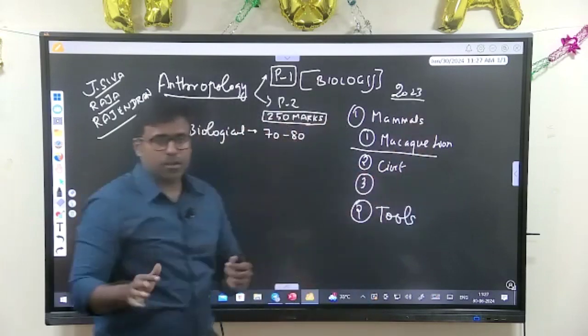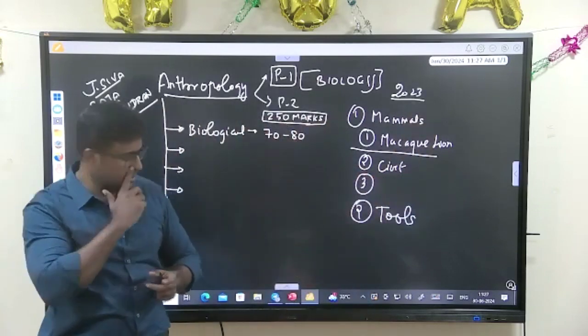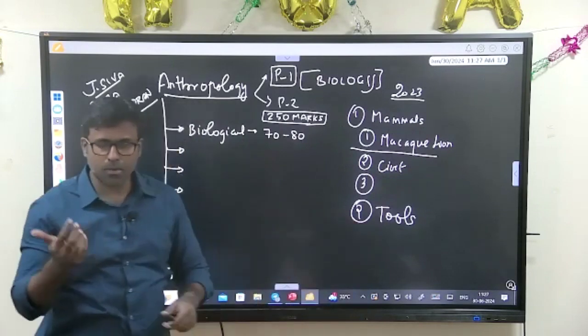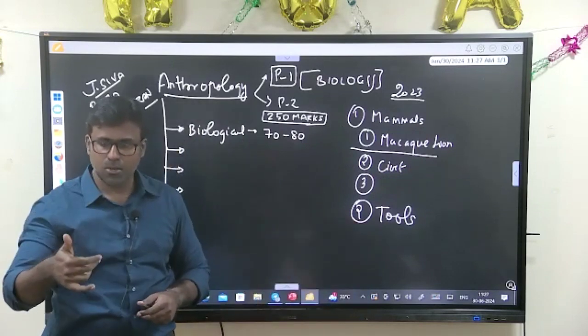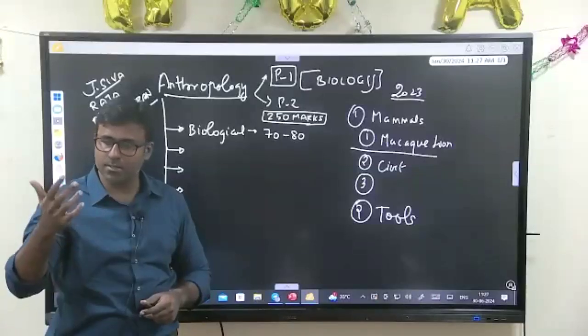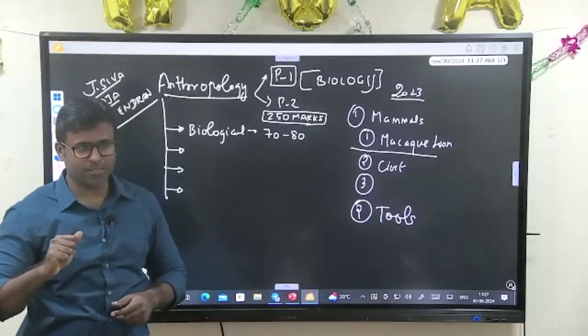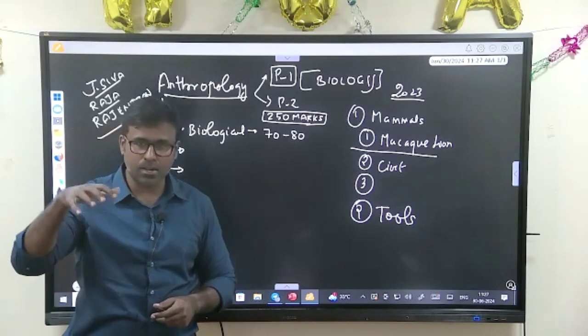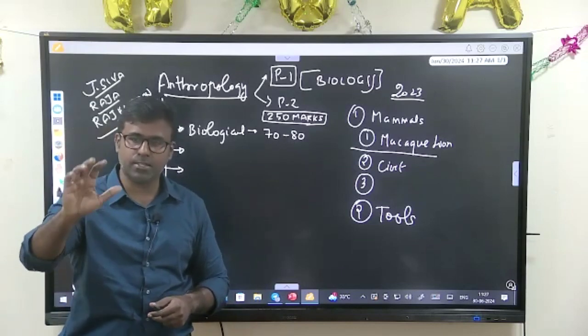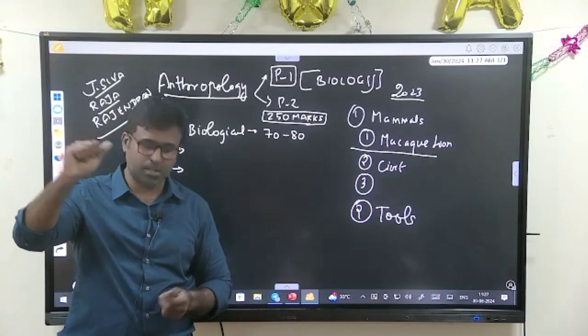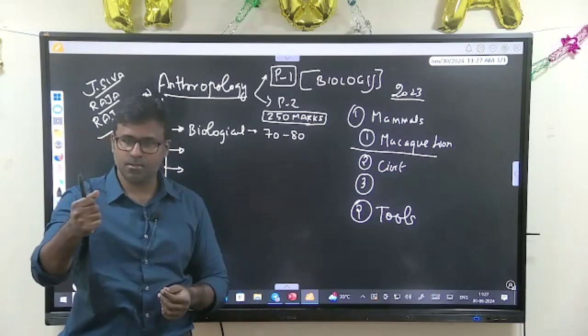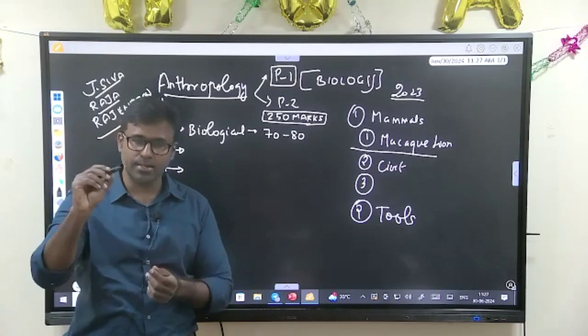Which of the following animals uses some tools? Some question was there. If you see in that, only one animal will have this kind of a hand. Only one animal will be there. Others will not have this kind of flexibility. They cannot hold something like this. They cannot do like this.